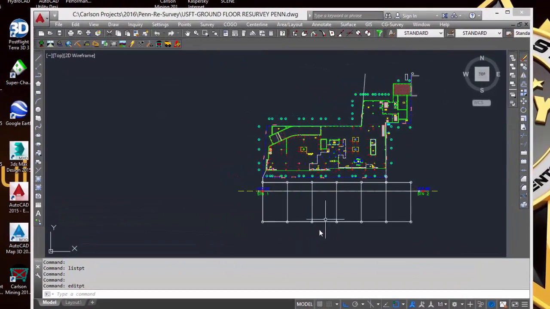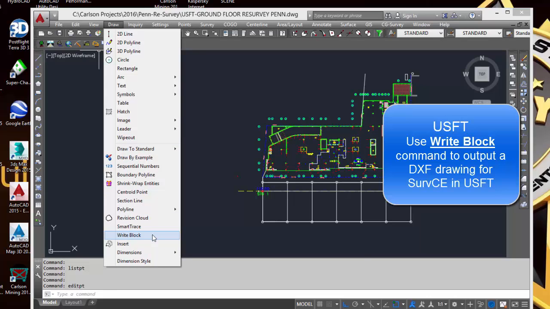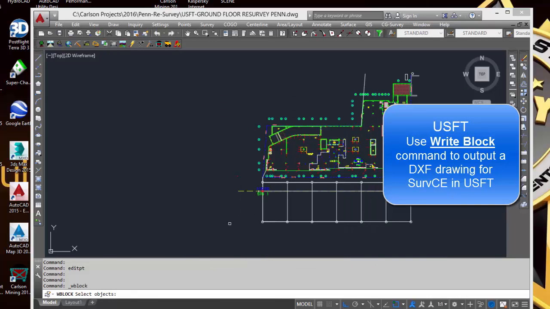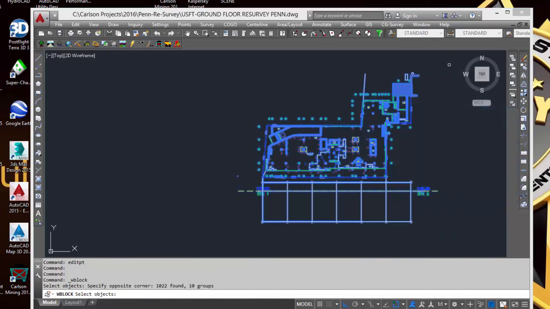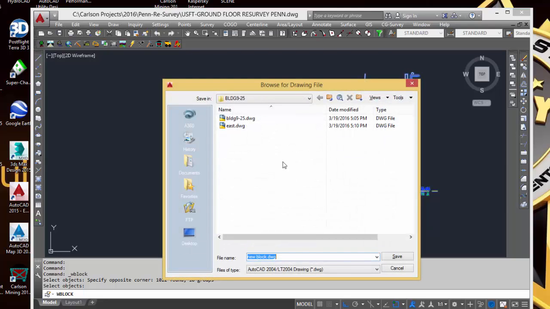Okay. All right. At this point, the last thing I want to do in this movie is write block, and I'll put a DXF file for SurvCE. So I pick write block, select objects. Obviously, I want to select everything. Hit return, and right here, it's going to try to make a DWG, and I want to make a DXF file. So I hit the triple dot,